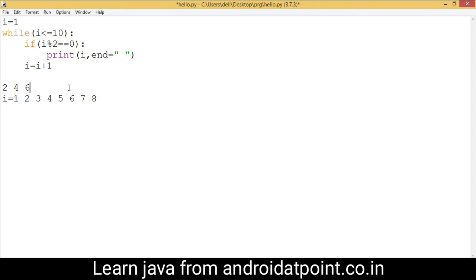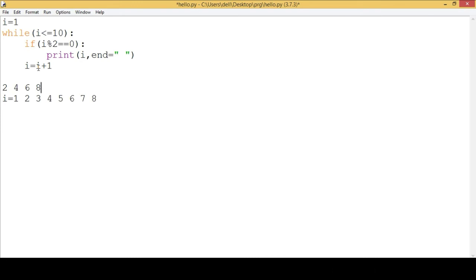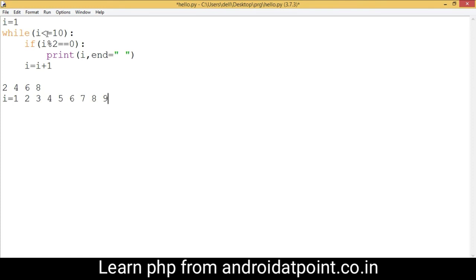It will print the value of i as 8 with the help of the print function. Now the value of i is 8 plus 1, 9. Control again comes here and checks the condition. 9 is less than or equal to 10, so the condition becomes true, and control comes here. 9 modulo 2 returns 1, so the condition becomes false.